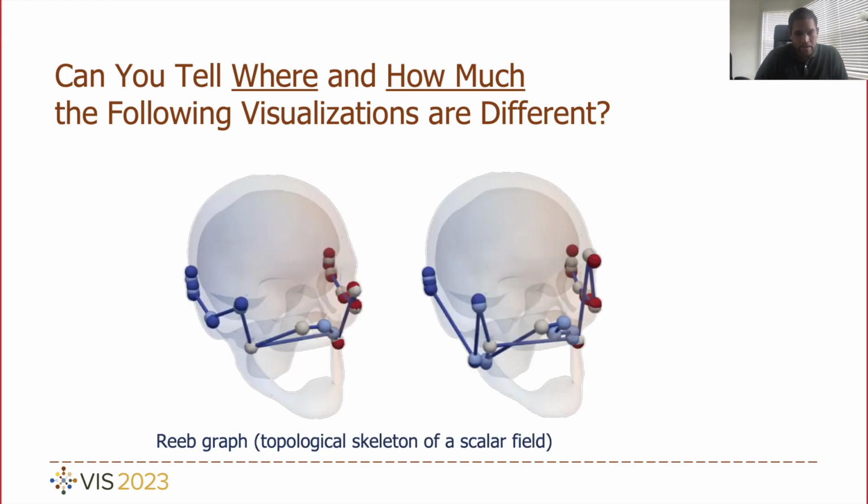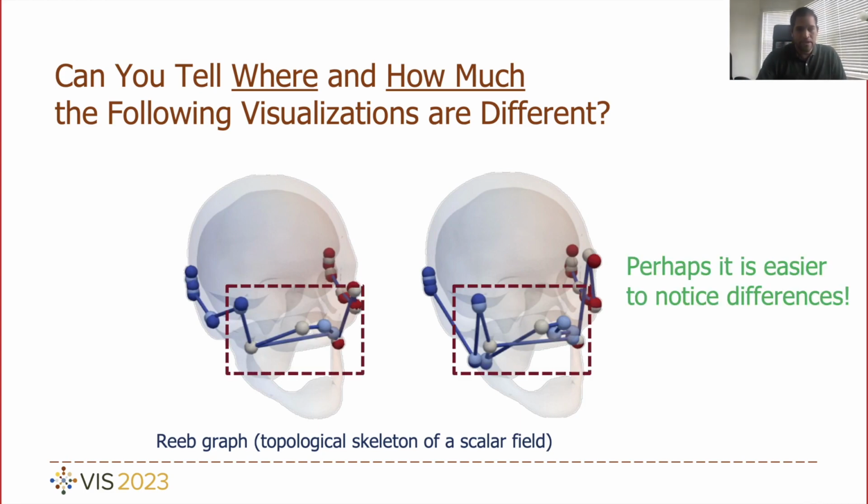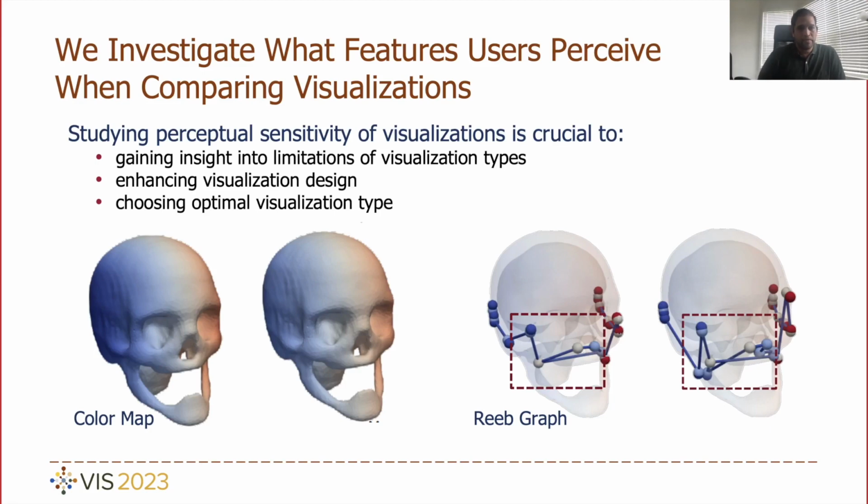And how about these reeb graph visualizations which convey topological skeleton of a scalar field? Perhaps it's easier to notice significant differences in the regions marked by dotted boxes. Thus, we investigate what features users perceive when comparing visualizations. We believe that studying such perceptual sensitivity of visualizations is crucial to gaining insight into limitations of existing visualization types, which can provide cues into enhancing visualization design and systems to provide better insights into the data. And the findings of our study will also help guide users in choosing optimal visualization type depending on the